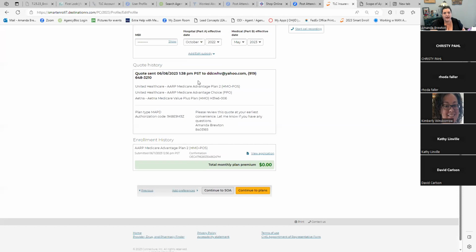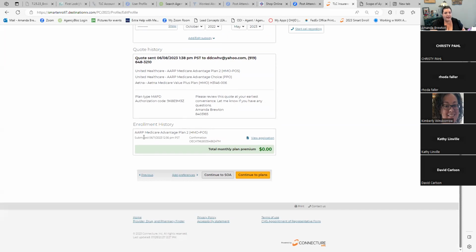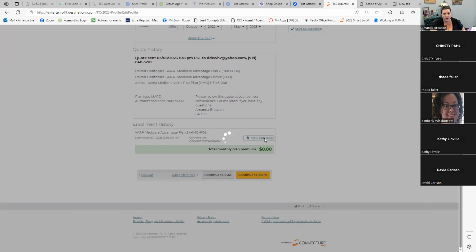you are going to see that all of this is protected, but then it shows you the quote that I sent him, the 3 plans that I sent him, and that he applied for plan 2. I have when he applied, which was June 11th for a 7/1 effective. It gives me the confirmation of when it went, and it gives me a PDF version of the application. So I can download this